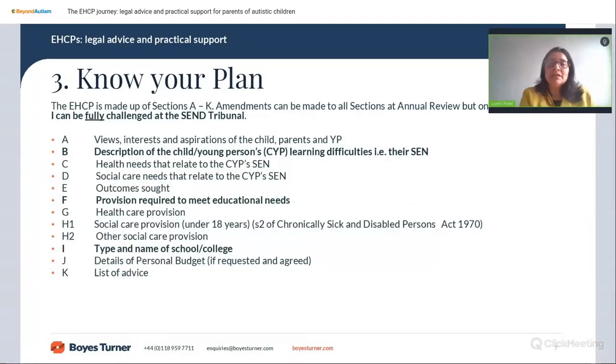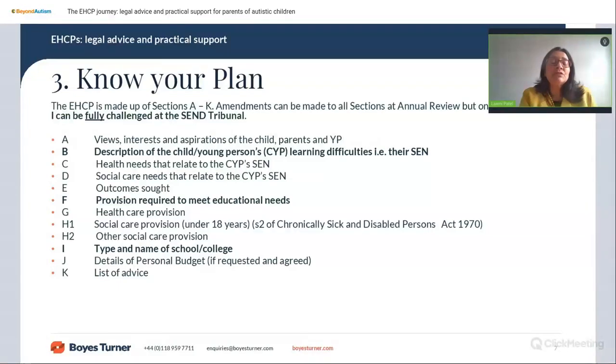And that is so that you can look at it and provide your feedback on it, and if there are any changes that you want made to the plan. So when you get that draft plan, it's a good thing to understand what you're actually looking at. So here I've set out the different sections of the plan. Section 8 will set out your views, and also the young person or child's interests and views as well. And this is from the information that you've provided or any forms that you've completed as part of the EHC needs assessment.